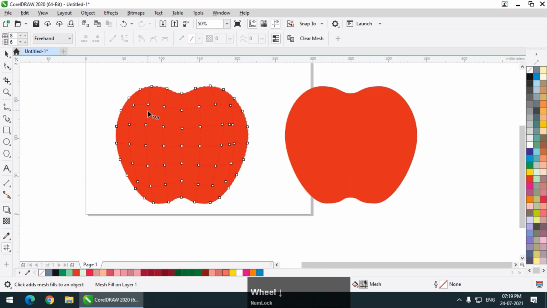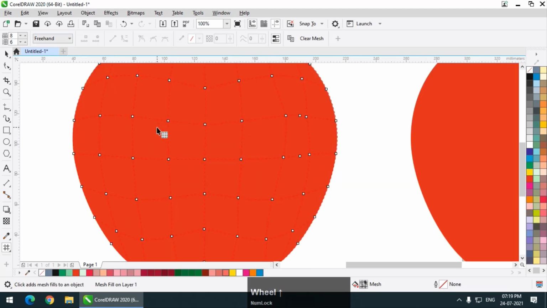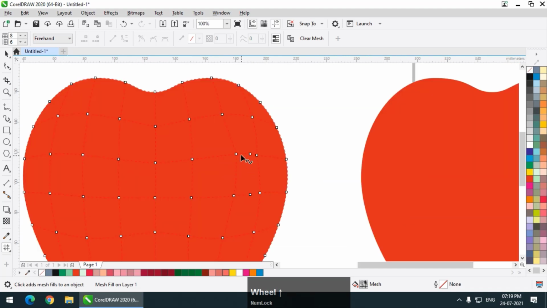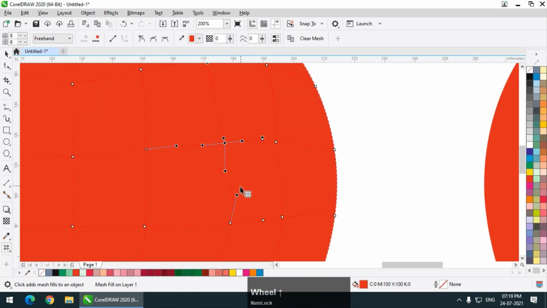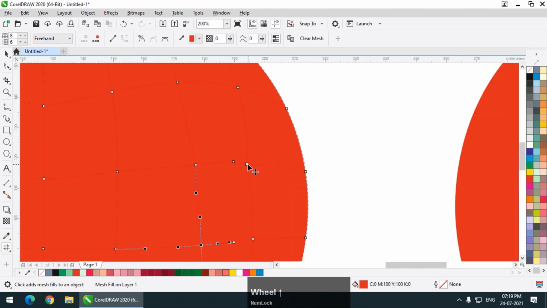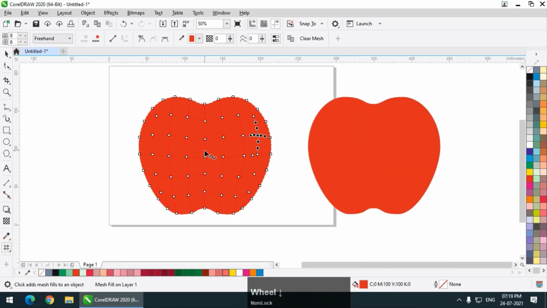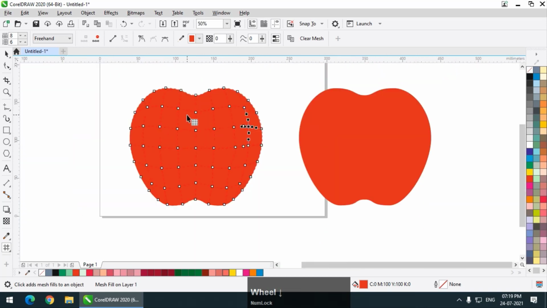So let's see if I want to add some shade to this color, so I will simply use the freehand tool and I will select. And remember one thing, you can also edit individual points as per your liking or as per your requirement. Like this, whatever you want, you can simply click and change the points as per your requirement.